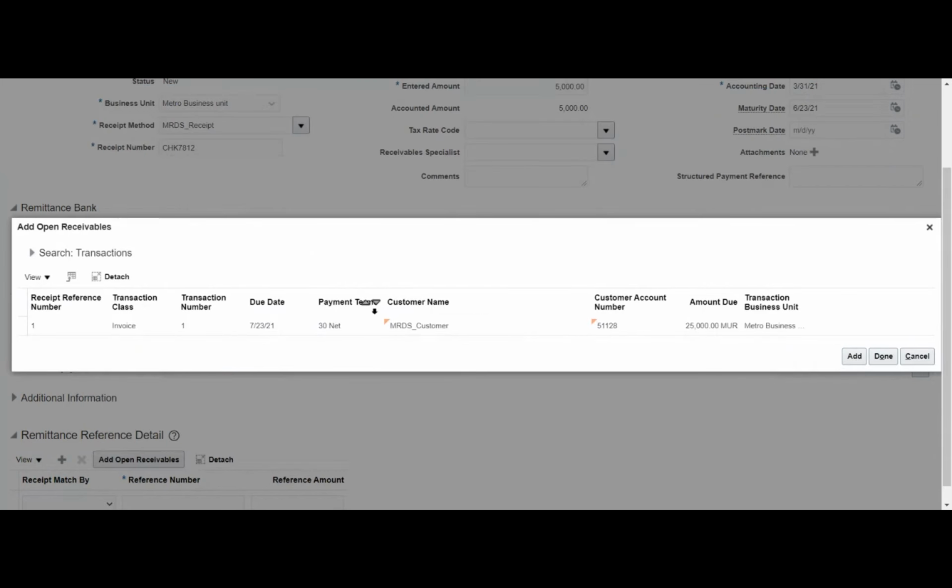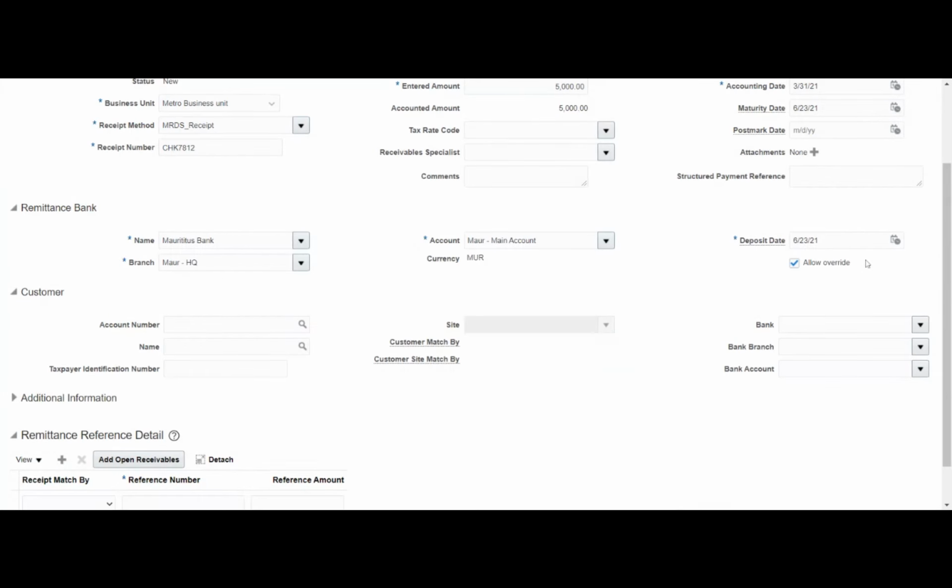Okay. So this is the transaction that we created. Okay. So the amount is same, that is 25,000. So here I'm not closing this entire receipt. Instead, I'm giving only 5,000, which means partial receipt.